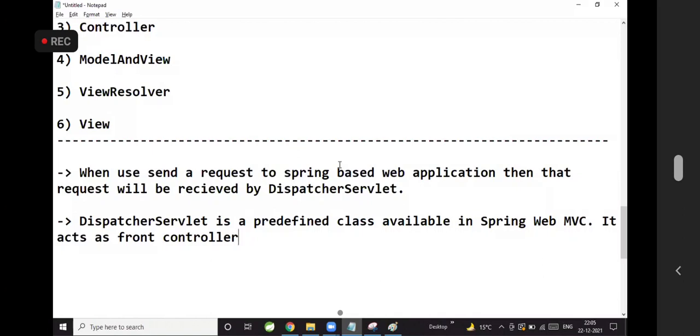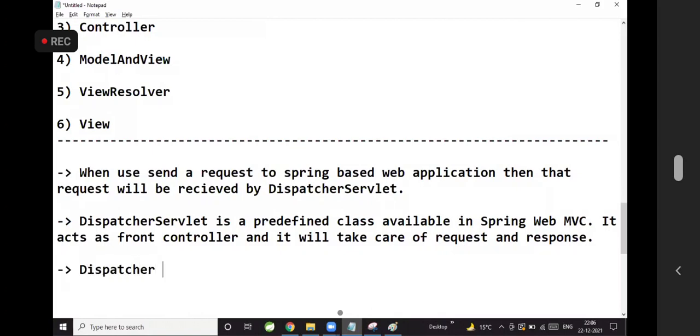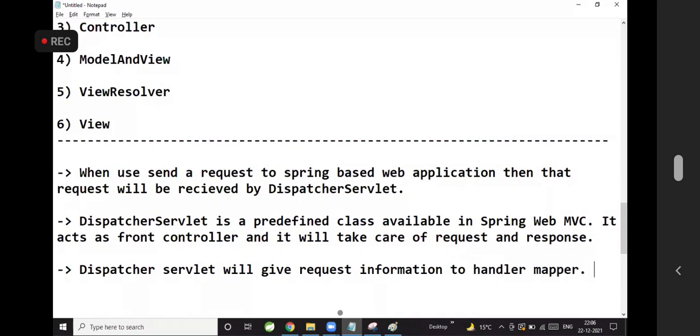Dispatcher servlet is a predefined class available in the Spring Web MVC. It acts as a front controller and it will take care of request and response. Okay. Dispatcher servlet will give request information to handler mapper.